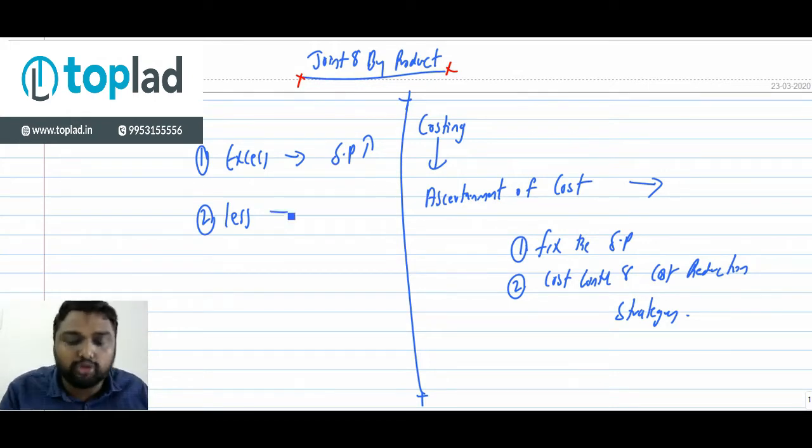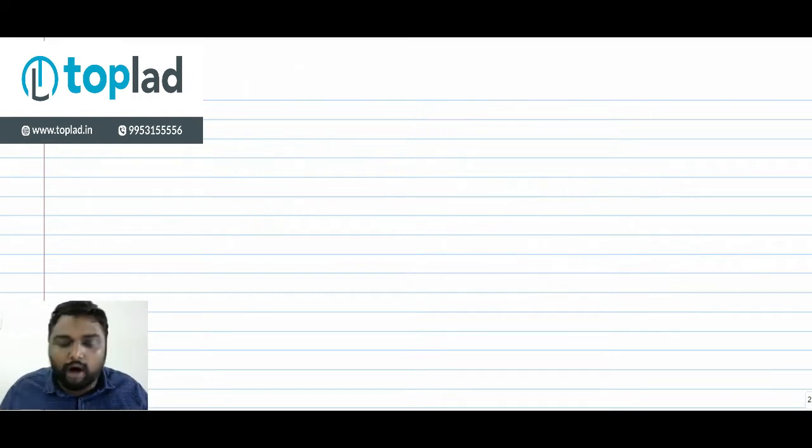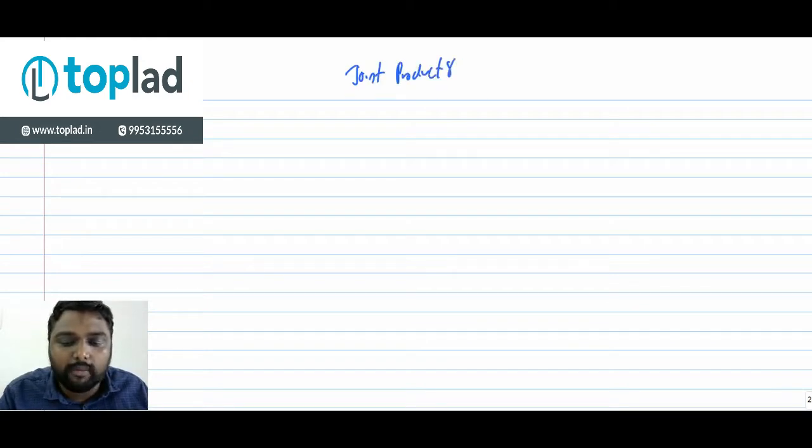Second option, if your calculation is falling less. If you wrongly calculate the cost, that is, underestimate your cost, even if you charge a profit margin over a period of time, you don't have any surplus amount as you expected, because your costing is wrong. So we have to ascertain the cost exactly, that is, properly. So how to do it when products are manufactured jointly? This is discussed under joint product and byproduct.